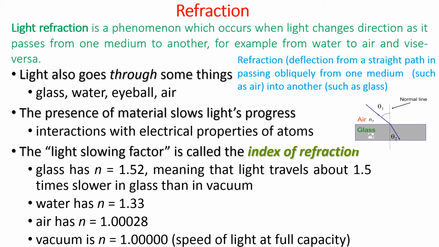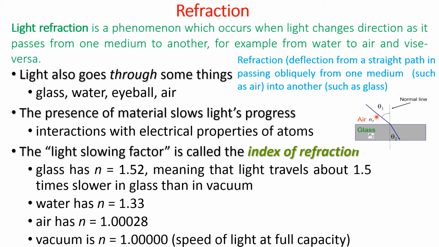Refraction is a phenomenon which occurs when light changes direction. It passes from one medium into another medium. Let us say we have two media, air and medium 2, which is glass. A light may leave air and enter glass. Then when the light changes medium, its speed also changes and its direction changes. This phenomenon of changing the direction of light when light passes from one medium to another medium is called